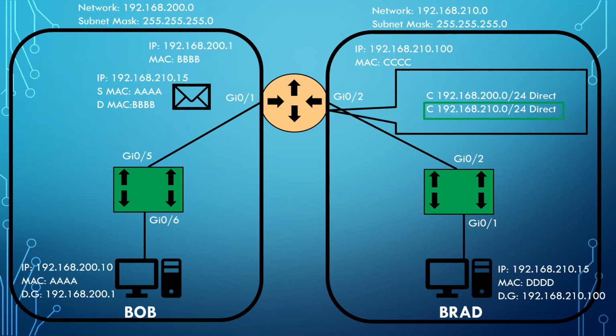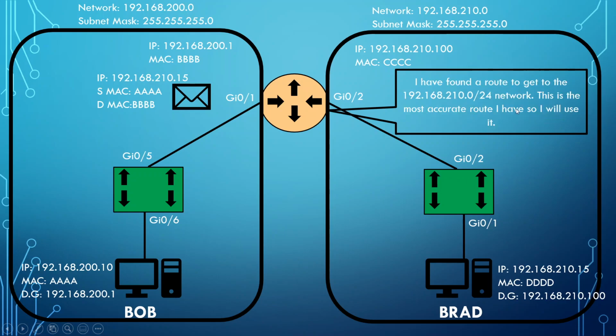192.168.210.15. Since Brad has the IP address, he must reside on this network, because essentially this route is saying to reach any device with the IP address 192.168.210, you can use this route. Brad has the IP address 192.168.210.15, so he must be part of this 192.168.210 group. I found a route to get to the 192.168.210.0/24 network. This is the most accurate route I have, so I will now use it to send this data